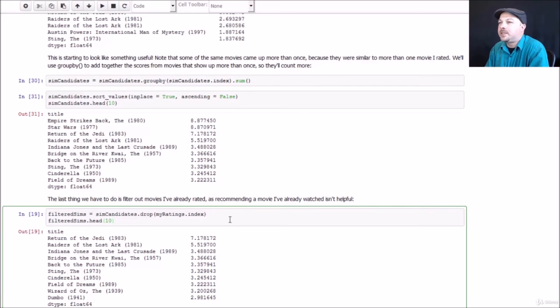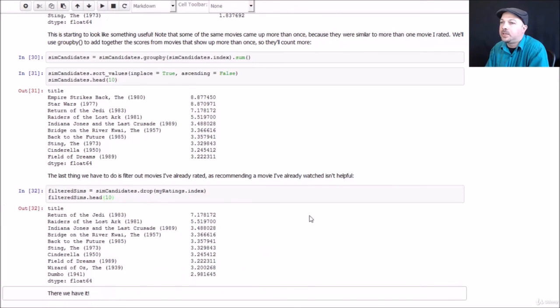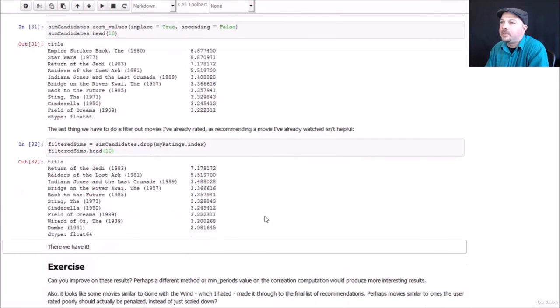So the last thing we need to do is filter out the movies that I've already rated, because it doesn't make sense to recommend movies you've already seen. So I can drop any rows that happen to be in my original ratings series. Look at the top 10 results. There we have it. Return of the Jedi, Raiders of the Lost Ark, Indiana Jones, all the top results for my fictitious user,